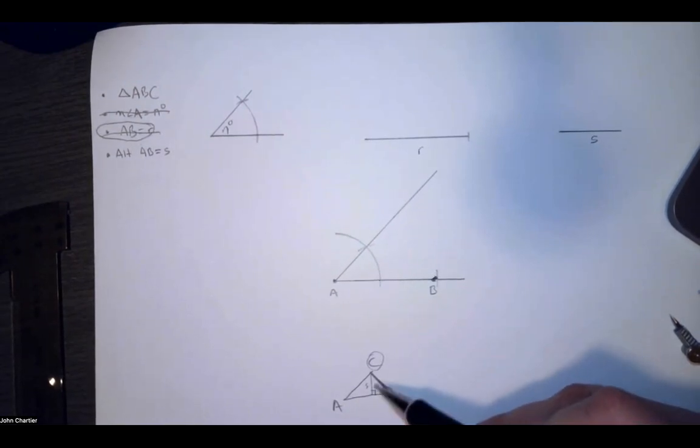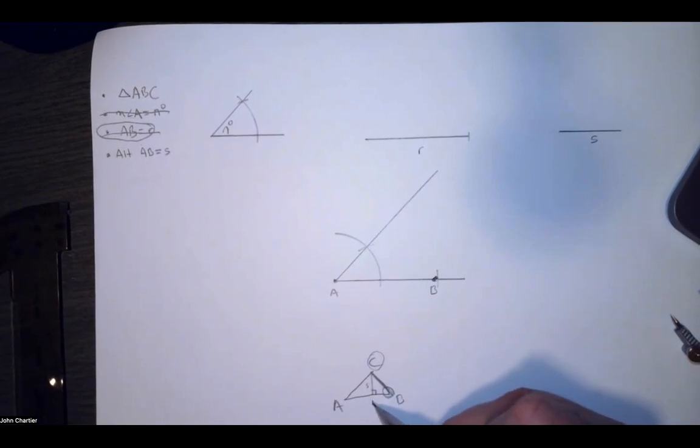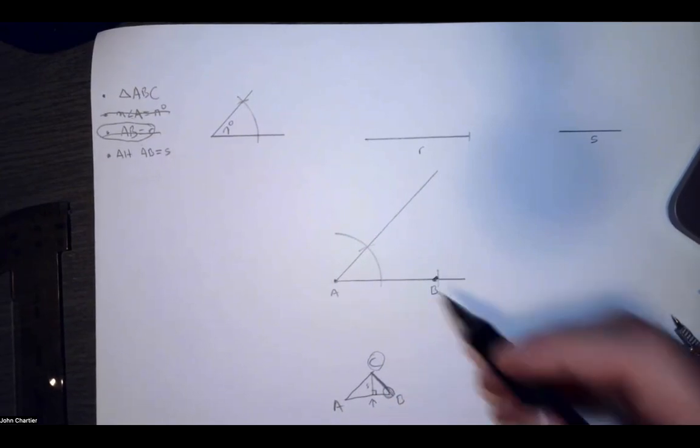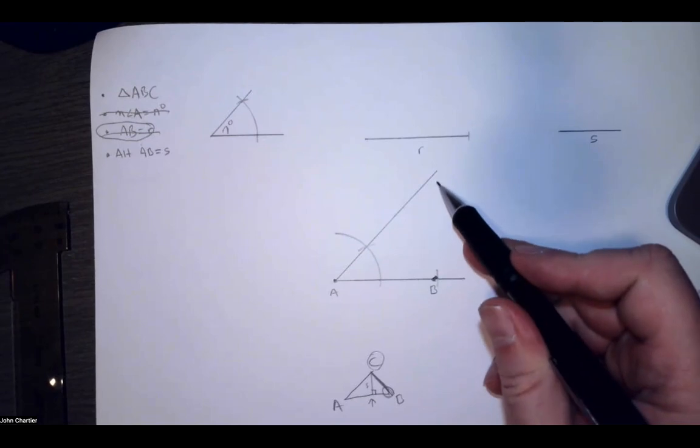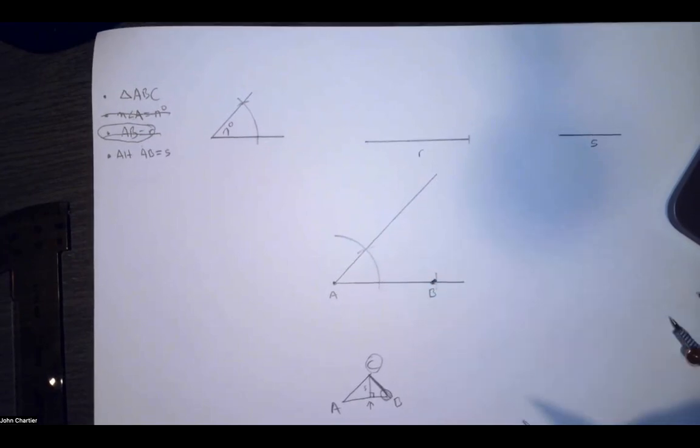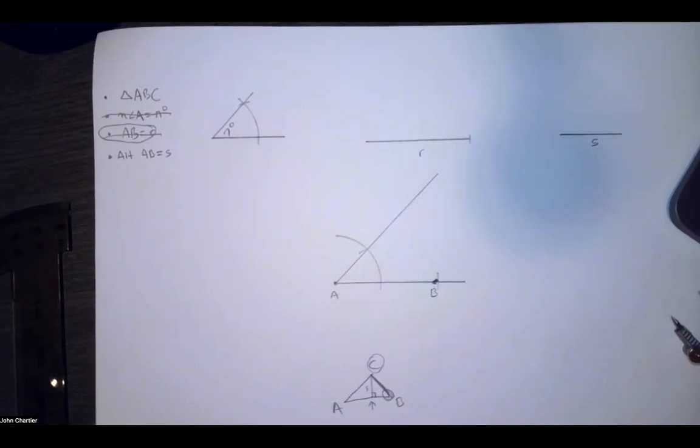So how am I going to make that perpendicular? Because I don't know where this point is right there. I mean, maybe it's at B, maybe it goes straight up, maybe it's somewhere here in the middle. I just don't know. So how am I going to do this? And this is a very challenging one. I would ask for you to pause the video and give it a good, I don't know, 3-4 minutes of thought, and then come back and we'll discuss it.